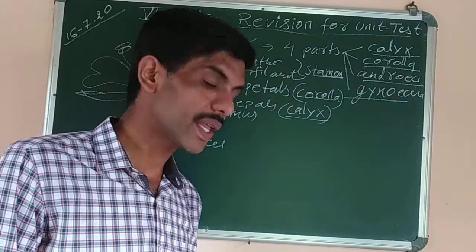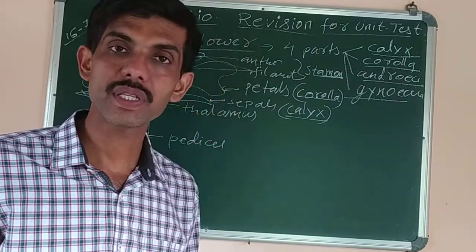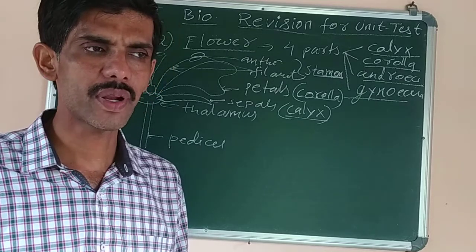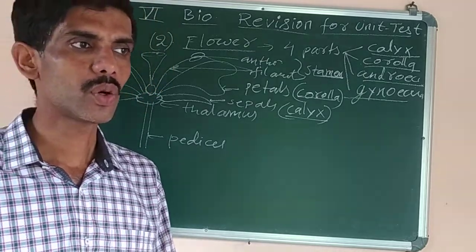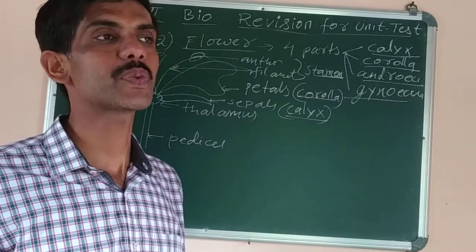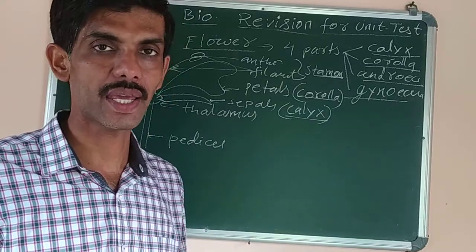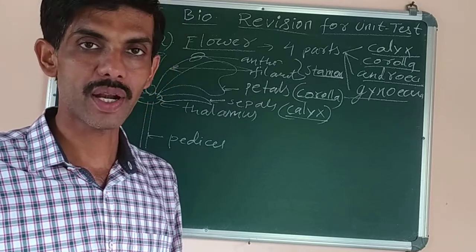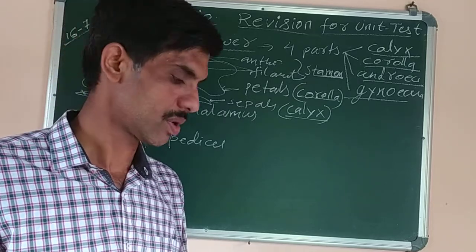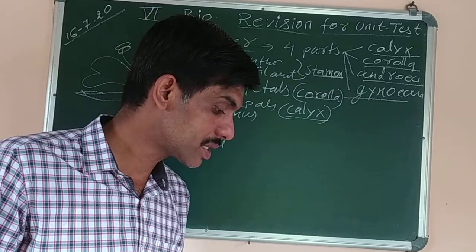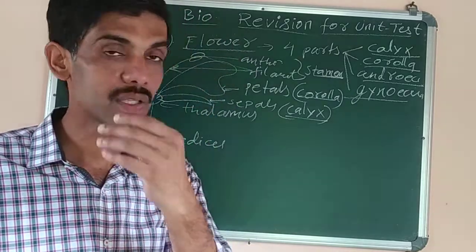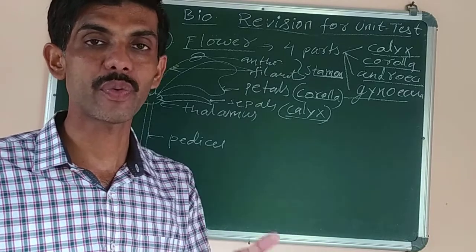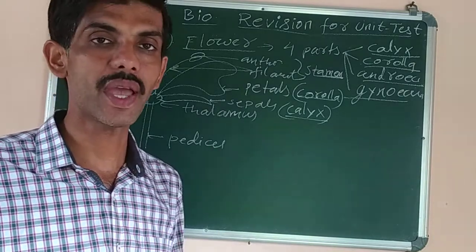Then next, what are the agents of pollination? Agents are the different materials that help in the transfer of pollen grains. Pollen can be transferred by wind, water, animals, even human beings. If pollination is done by wind, in such plants the pollen is produced in large quantity, is very small in size and light in weight, so it can be carried away by wind.